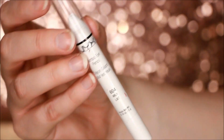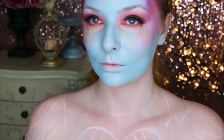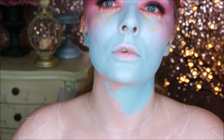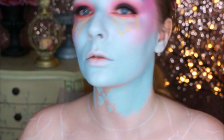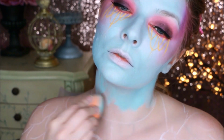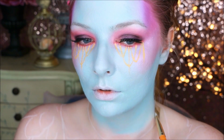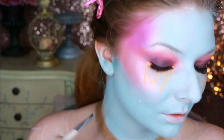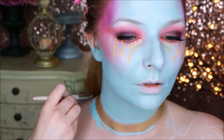Next, I'm going to be laying out the design on my chest and shoulders. As you can see, I've plotted out my design with NYX's white eyeliner and Jumbo Pencil in Milk, and then I'm going to fill in the places that are flesh toned with that cream paint I mixed earlier. Then I'm laying down a basic gold paint. I'm going to go over top of this, but I just need it here as a point of reference to make